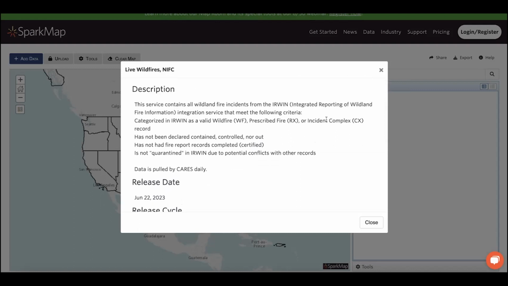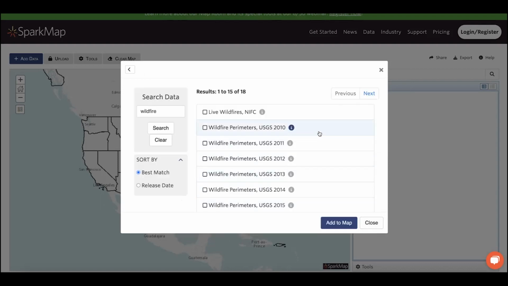Now that you know about a few layers to help you assess current and potential risk hazard, let's go ahead and look at a layer that estimates community level preparedness. So I am going to go back over to our search data bar and look for another FEMA layer, community resilience.